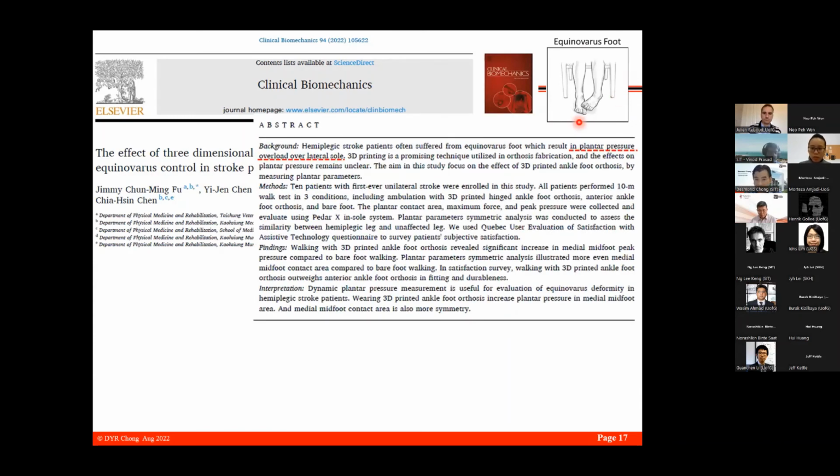Because if you have this equinovarus foot, what you can see is that when they start to walk, they actually apply a lot of plantar pressure or overload at the lateral sole, right? So can there be some correction? Yes, there might be some corrections. You might want to ask the patients to actually alter their gait. But let's say because of the nature, they might not be able to, you need to actually prescribe some form